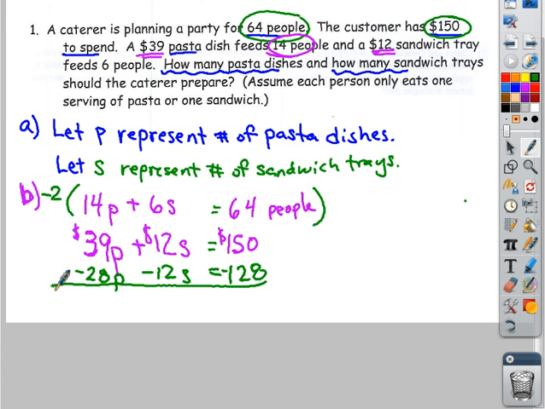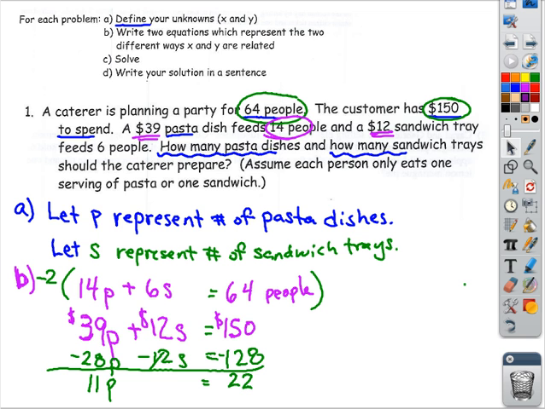Now I can combine those two equations. I can add these up, and that cancels out. That was my goal, to get rid of one of the variables, hence the word elimination. So 39 minus 28 would be 11p equals $22. Alright, so now we have 11p equals 22. Divide both sides by 11 and we get p